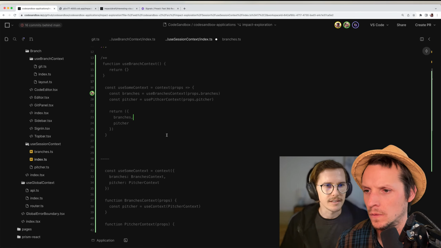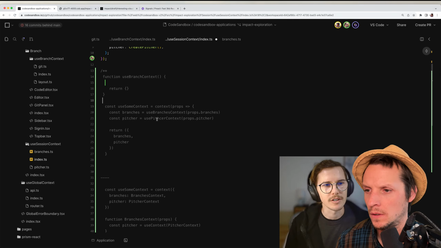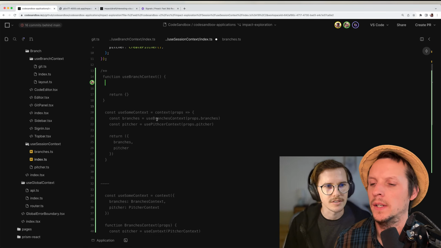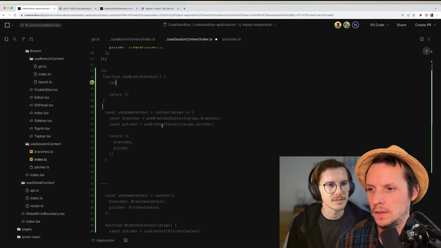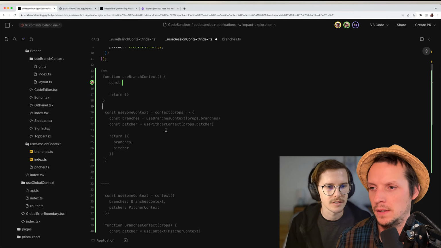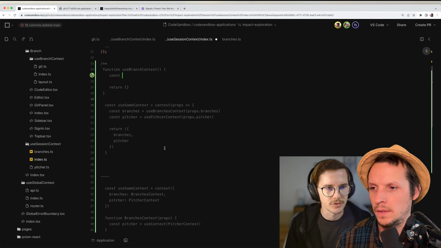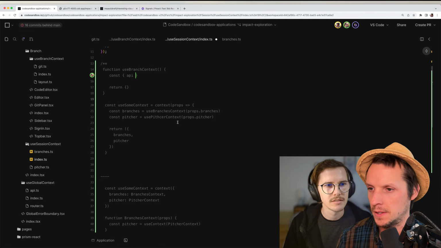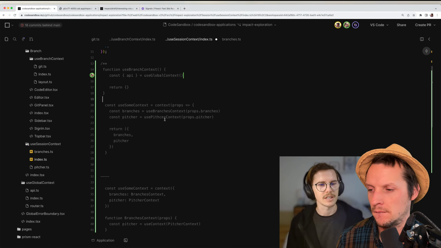And for me, it becomes more intuitive that inside this function, I can use whatever context I want. Exactly. What was the example you were reusing? I think the API from the global context. Yeah, it's a global context. So now it's clearer for me that I can use it.